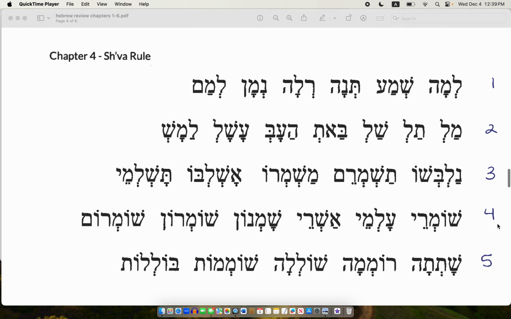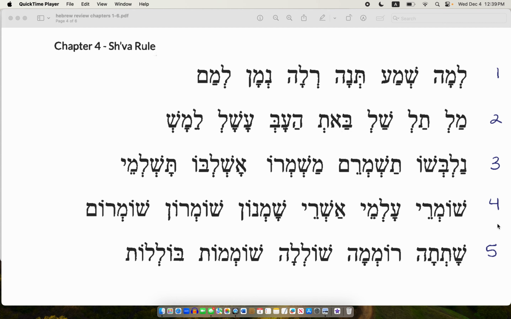Hopefully that's clear. Line 4, 9 times out of 10, it's usually going to be silent when the schwa appears in the middle of a word on its own, no matching letter before it with the schwa vowel sound. So in this case, we're just going to close to the consonant of the letter above the schwa in line 4. So, shomre,